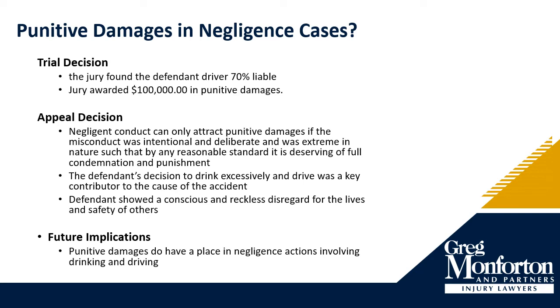On appeal, the Court of Appeal considered, among other issues, the jury's award of punitive damages, and they looked at, can punitive damages be awarded in drunk driving cases, and was the amount of the award appropriate in this particular case? The Court of Appeal entered into a lot of discussion about punitive damages and specifically its role in a